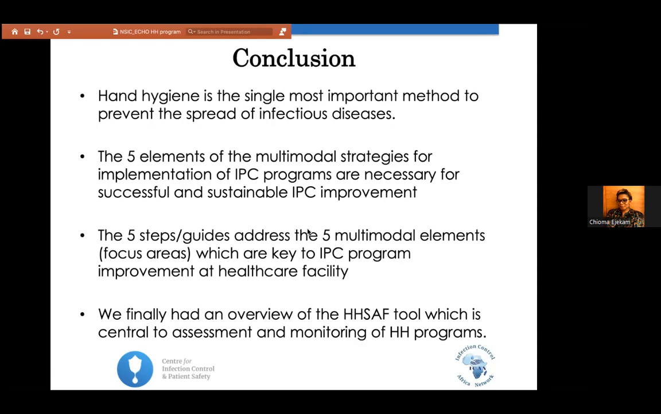And we spoke about the 5 steps that address those areas, which start with preparing for action. You don't just appear and start setting up alcohol-based hand rub stations and all that. You must prepare. Okay, that way you're getting your buy-in, you're getting participation, you're getting endorsement before you get on your journey. And we finally had an overview of the HSAF tool, which is the core tool that is validated,